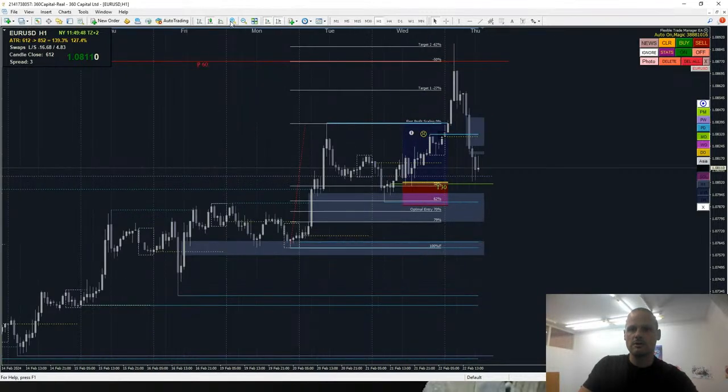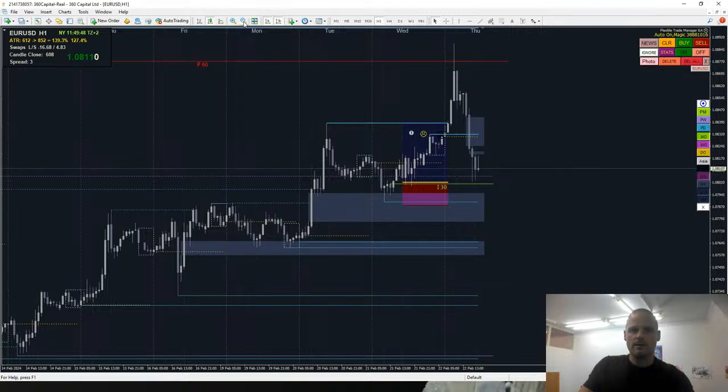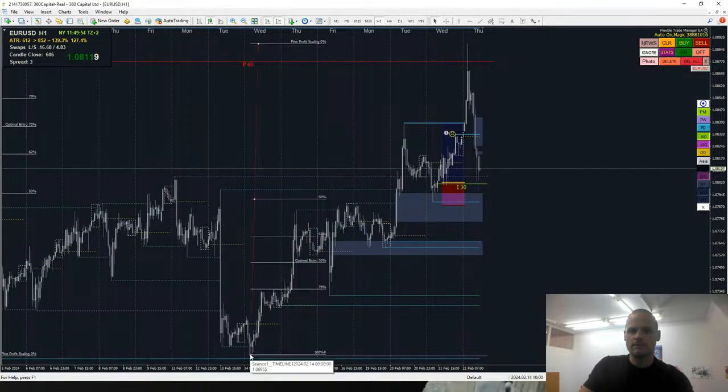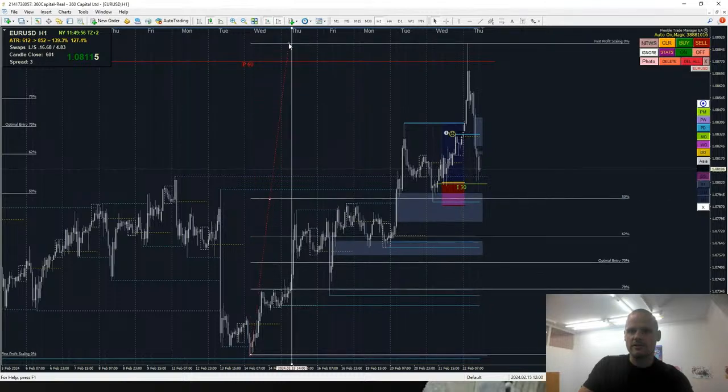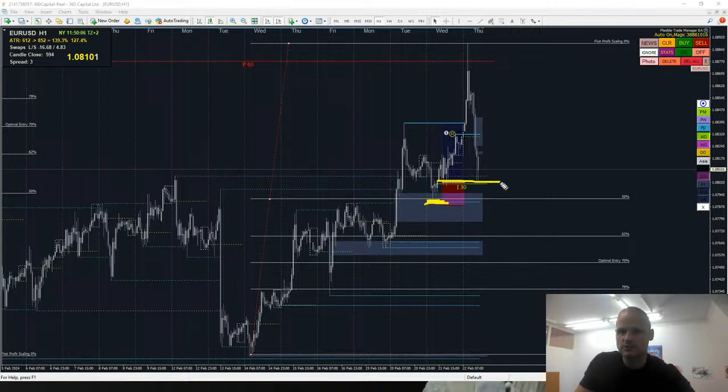Let me show you. So again, remove this fib. Let's use it from here to here, right? Now we have our dealing range in here. Here is a 50%, right? So here would be a first low below this 50%. So I do not suggest taking a long trade here, but in here we got these gaps, right? And we could see at least some short-term bounce in here, right? So in here potentially could be what?